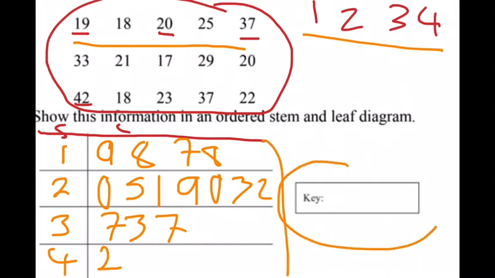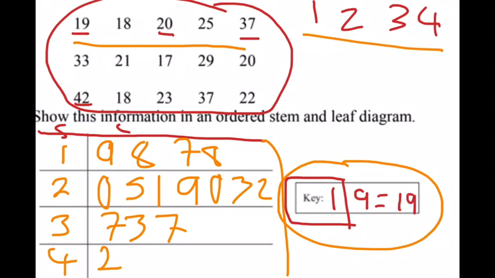You can see that I've written it down over here, and we still have this key remaining. The key is just a reference of what the work is, how many digits are in the stem and how many digits are in the leaf. So first you want to create a box from the key, like you can see. Let's write down 1 over here and 9 over here. This means 19.